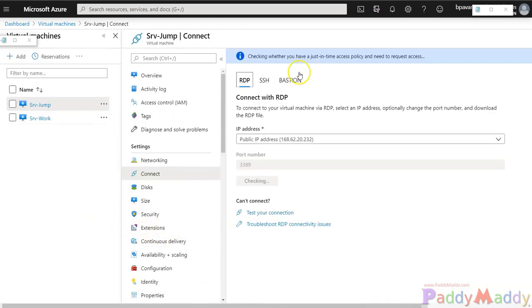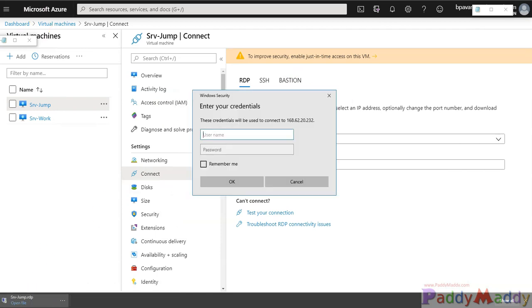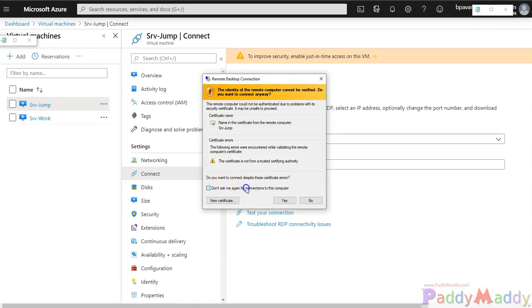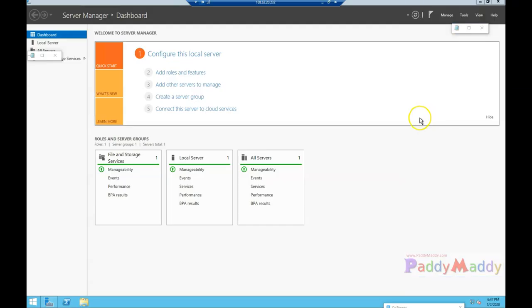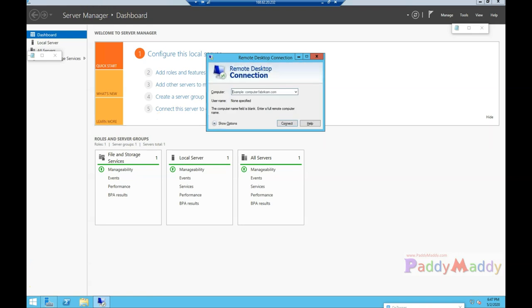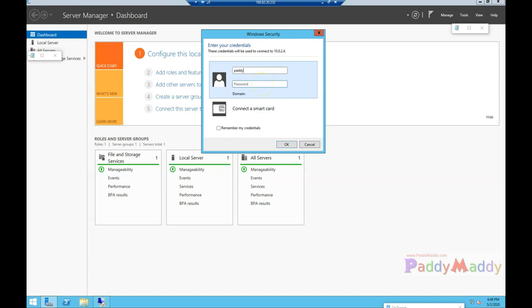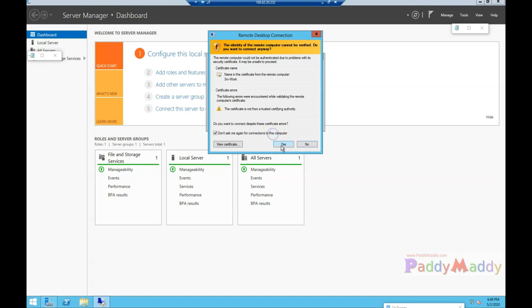So I need to just go to the jump server to connect. So I'll just go to the jump server overview and download the RDP file, so that I can hit my jump server. From there I just log in, and from there I need to connect to my workload server. So I'll just click on this. So I just logged into this. So I'll just open MSTSC to log into my workload server. So MSTSC and the IP address of my workload, which is 2.4. In this case, I can give my user ID and password for the authentication. Once it is authenticated, I can log in,